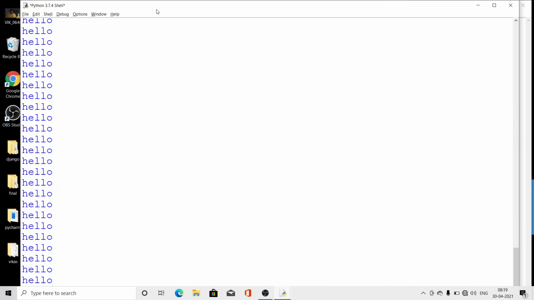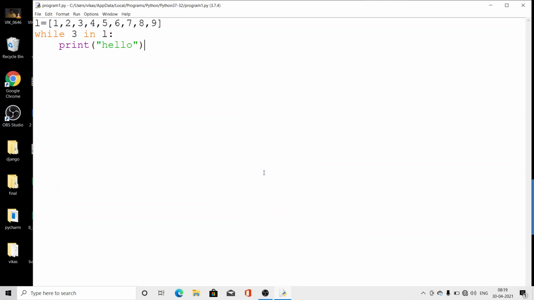Why? Look here, it will never stop. Why is it running infinite times? Because here the in membership operator is used. With the while loop, in is working as a membership operator, and I have written here 3 in L. That means the number 3 is available inside the list. Yes, it is available. So these operators always return a true value, and when it always returns a true value, the loop